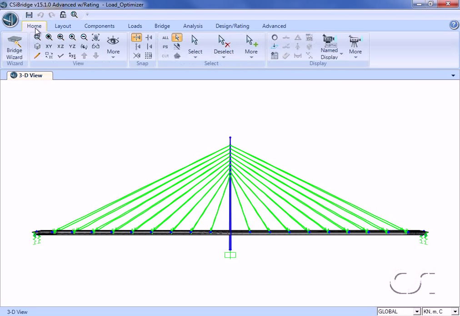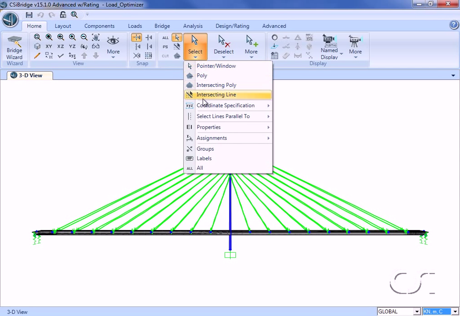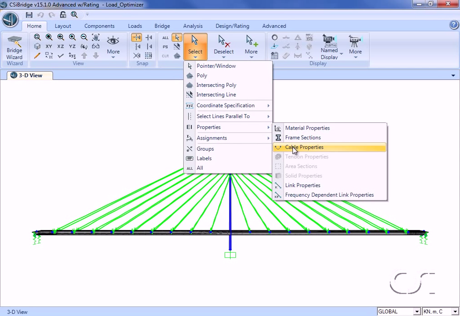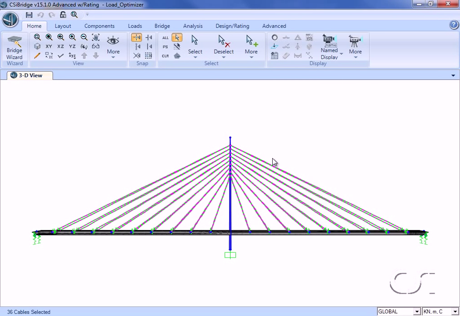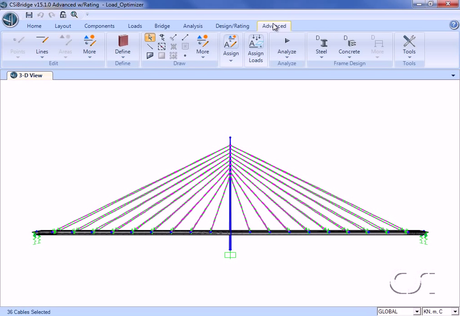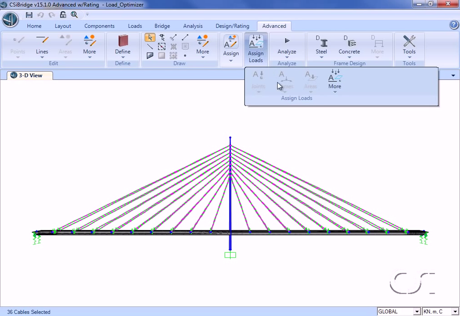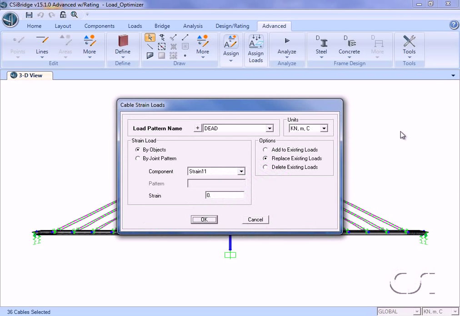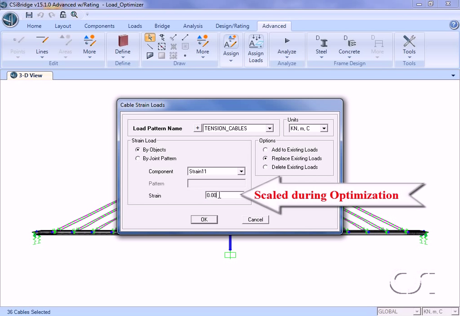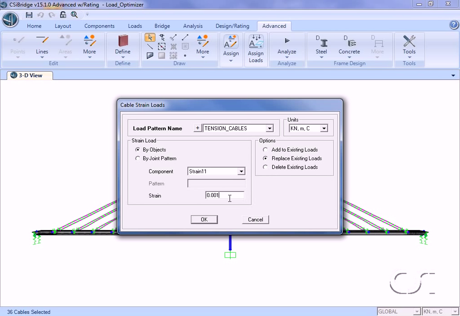Next, we select all of the cables so that we may apply a strain loading. Using the tension cables pattern, we will assign a strain of 0.001. The strain will be scaled when optimizing the cable loads needed to reach the target displacements in the deck.